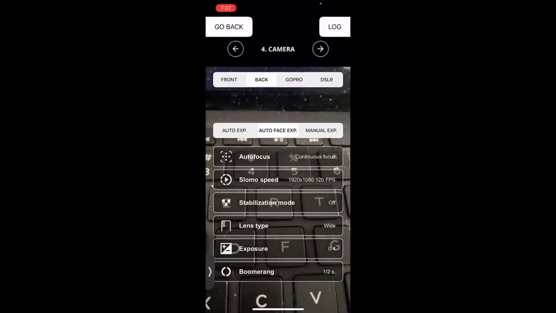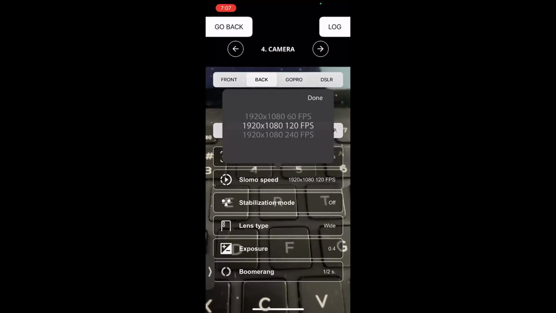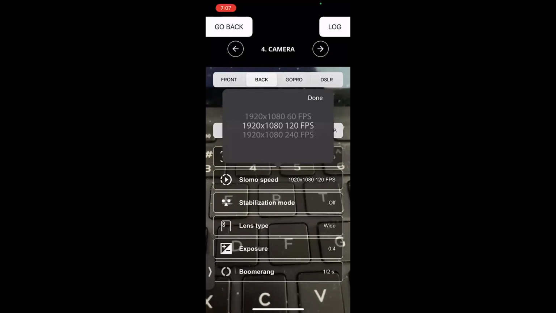The back camera on the iPhone is the best camera, high resolution. You can leave it at continuous autofocus. Slow-mo speed needs to be on these settings. If you don't have them on these settings, they need to be set at 1920 by 1080, 120